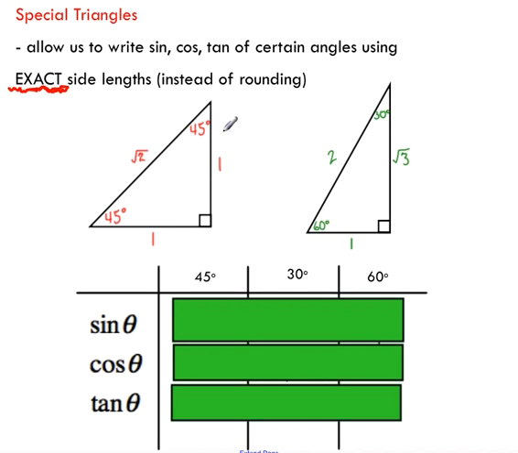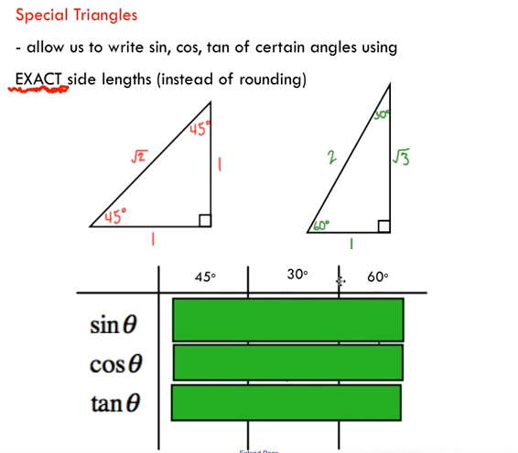So if I were to increase this side by a factor of 2, you can just imagine if I multiplied this side by 2, likewise this side by 2, and the hypotenuse by 2, the idea is that the side lengths exist in the same ratio, right? So this is still root 2 times as big as this side and this side. And the same is true for this triangle, just with these values instead. So 1, root 3, and 2. So this one is a 30, 60, 90 triangle. This one is a 45, 45, 90 triangle.